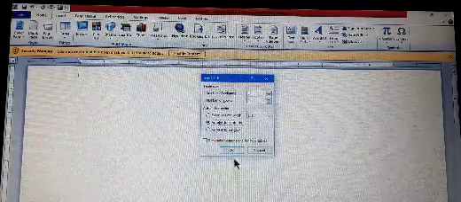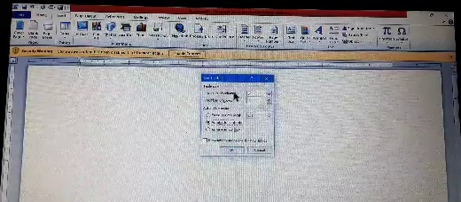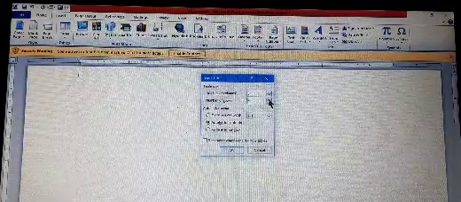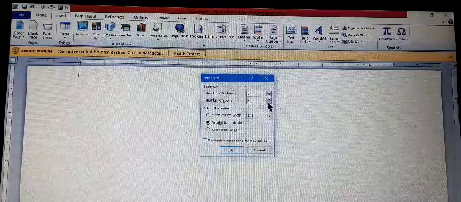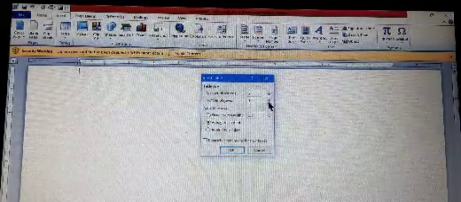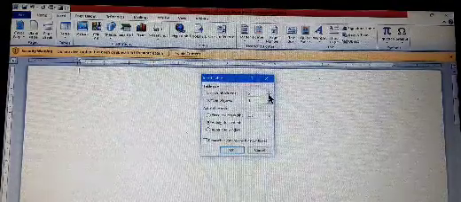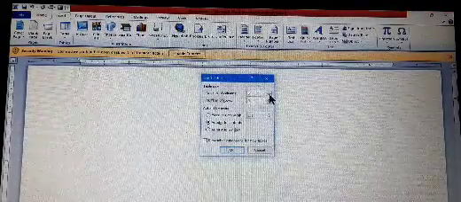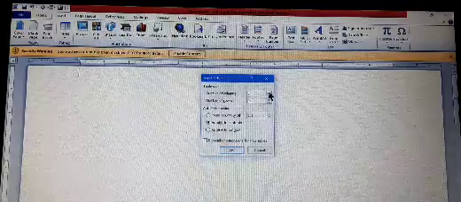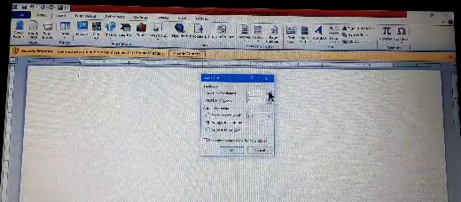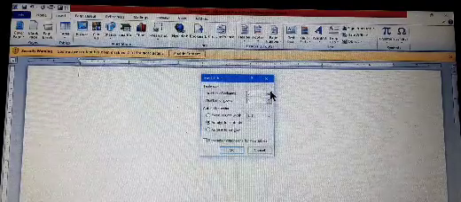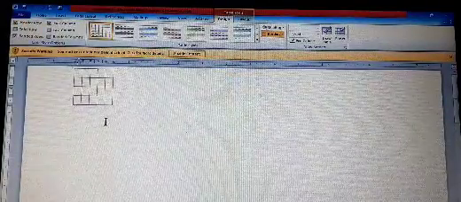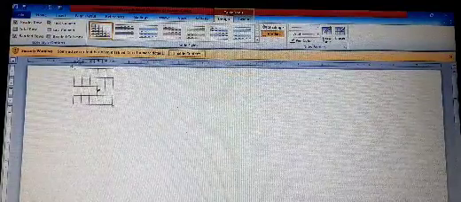Auto fit to content. Then set number of columns 5, number of rows 2. You can increase or decrease the number of columns and number of rows using these buttons. The bottom button is used to decrease and the top button is used to increase rows and columns. Then click on the OK button.